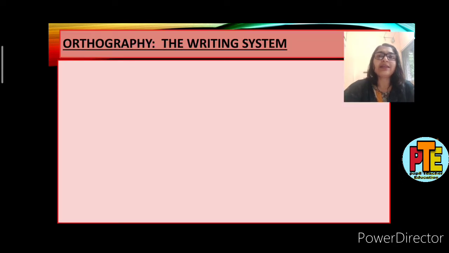We can say that writing is an attempt to copy speech sounds on paper. Whatever ideas come in our mind, we put those ideas on paper in written form. The written form is also one type of communication. So, this written form of communication is a problematic area for non-native English speakers. Here, we will understand what exactly orthography is. Orthography refers to the set of rules for writing.